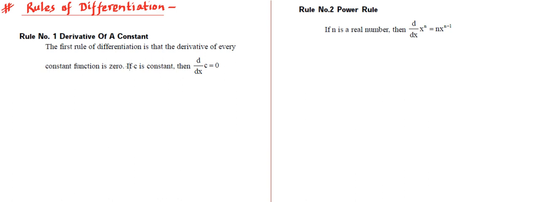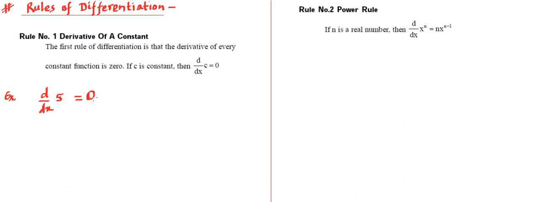An example has been shown over here. If c is a constant, then d upon dx of c will be 0, right? So for example, let's say you are getting d upon dx of 5, and somebody says find this value. We will say this is basically asking what is the change in 5 when x is changed slightly. We know 5 is a constant, and 5 does not change no matter how much change you bring in x. So logically it fits the definition, and it will become 0.